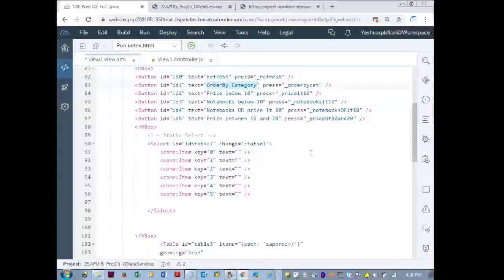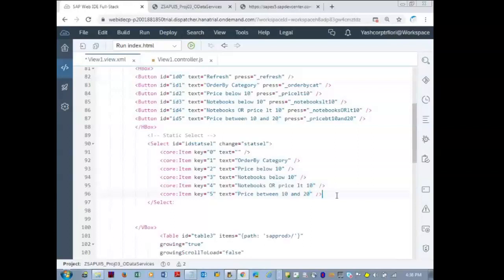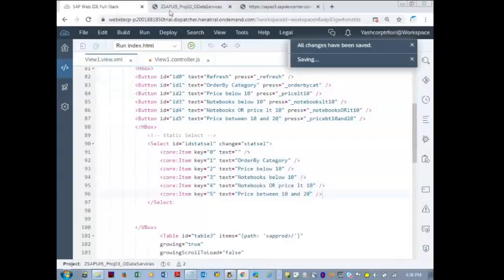Inside this I'm copying: order by category, price below 10, notebooks below 10, and so on.